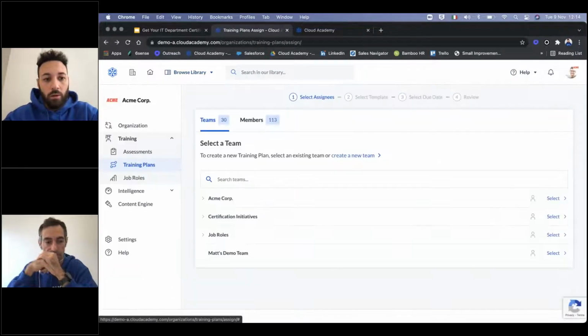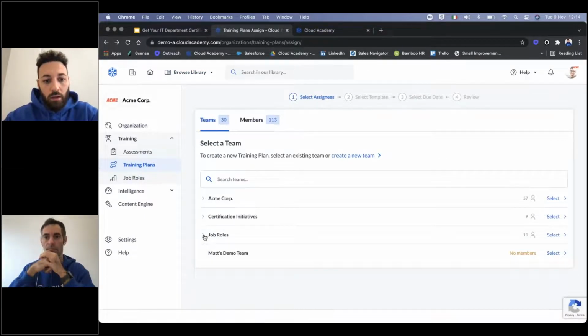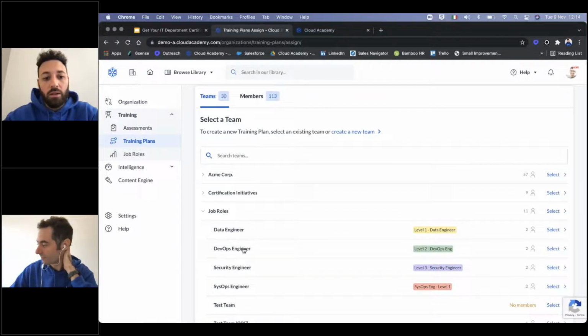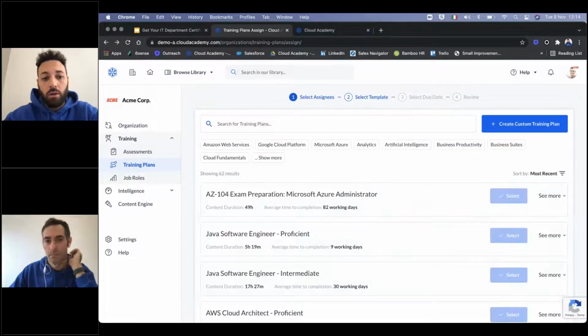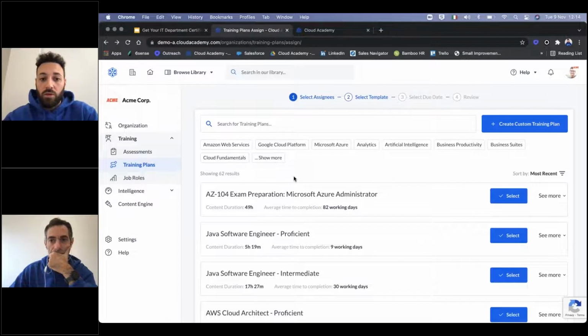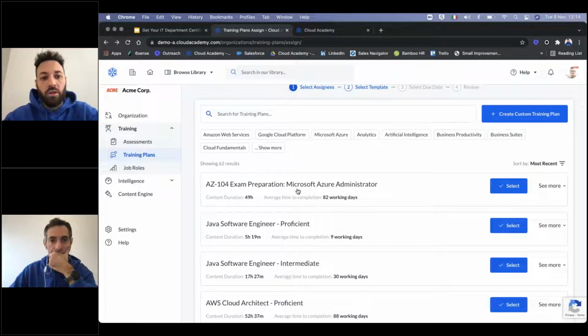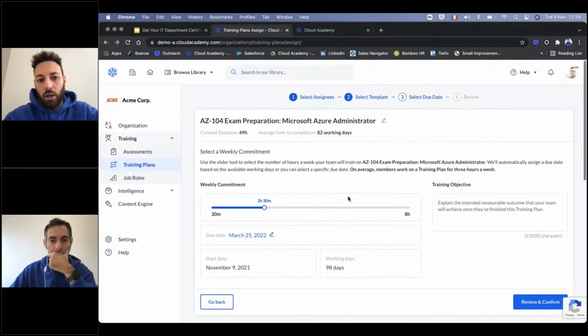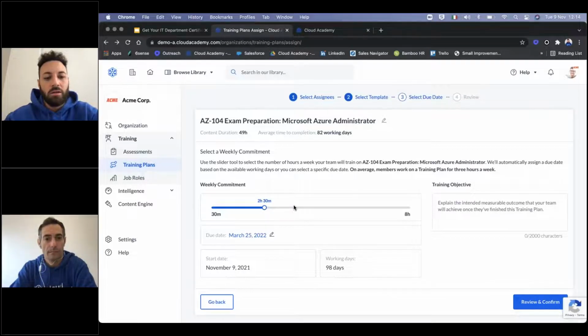Going back to the training plan assignation, it is very simple, because as I said, you can simply decide what kind of teams or members need to receive the certification path, and you can select, for example, the exam preparation Microsoft Azure Administrator. So I can select here, and these are the suggestions that you receive from Cloud Academy, depending on the difficulty of this specific certification path.